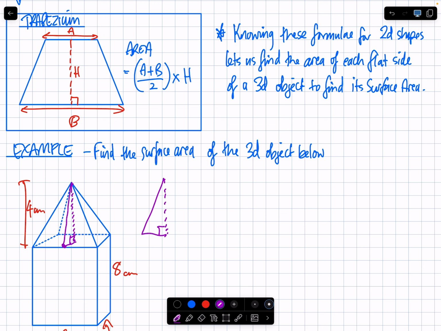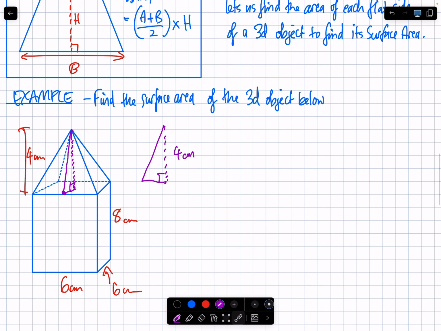How tall does the diagram say the pyramid is? How tall? Like straight up and down? 4. Tells you it's 4. Now, that whole base of the triangle is 6, but I've cut that triangle in half. So how long would this bit of the right angled triangle be? Say it loud. Half of the base. The whole thing is 6. I've cut it in half. So that bottom would be 3